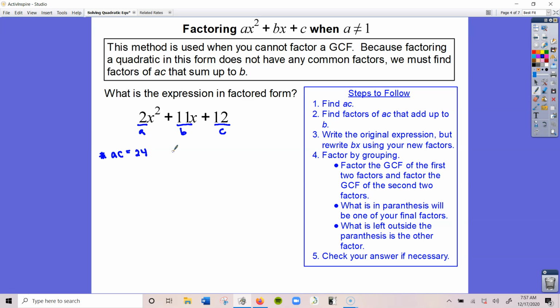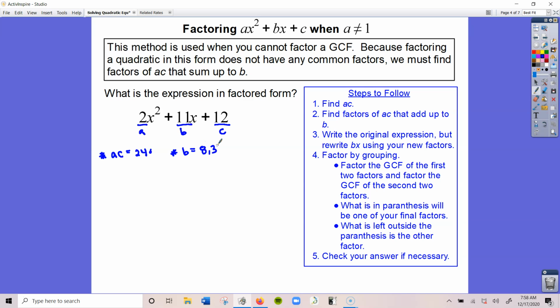And now what I want to do is I want to rewrite B. So just like before, how we were looking at what two numbers multiply to give you the last and add to give you the middle, what we're doing here is what two numbers multiply to give you AC and add to give you the middle. So two numbers that multiply to give you a positive 24 and add to give you 11 would be 8